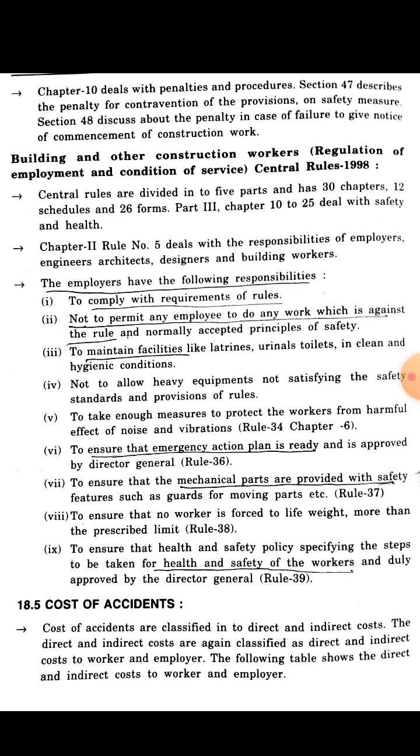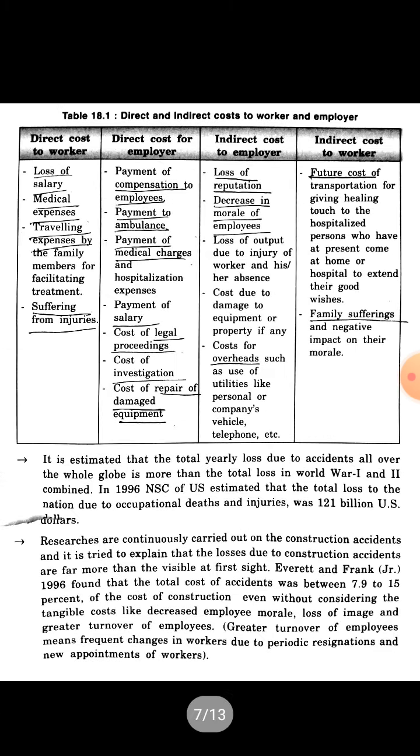So there are two types of cost; you already know about the cost. The direct and indirect costs are classified as direct and indirect cost to the worker and employer. Here are some of the direct and indirect costs for the worker and employer, given in a table. Direct cost to the worker: loss of salary, medical expenses, traveling expenses by the family members to facilitate